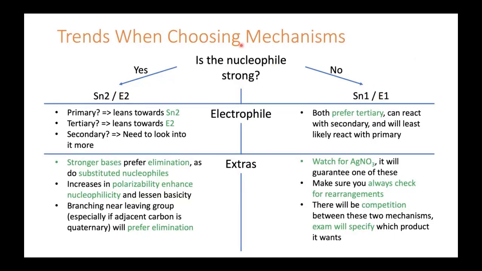And so once we look at the nucleophile and determine whether it's strong, we then look at the electrophile, or I like to. And so if it is a strong nucleophile and it's a primary electrophile, meaning our, let's just